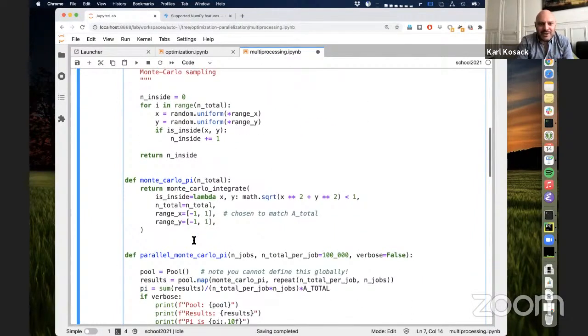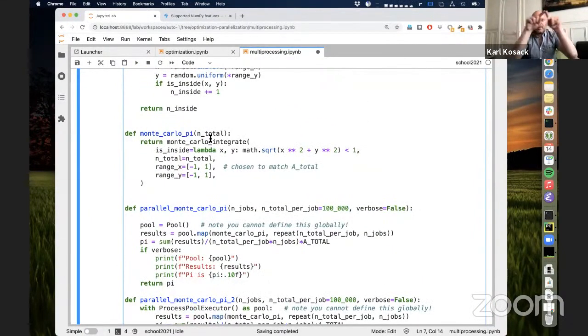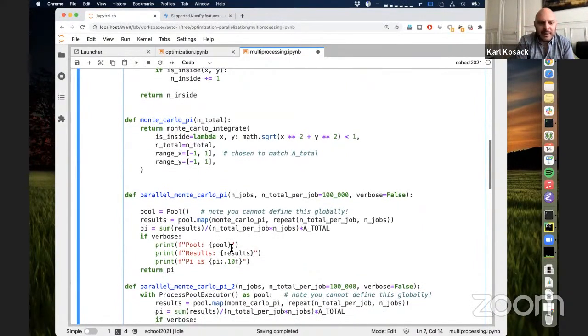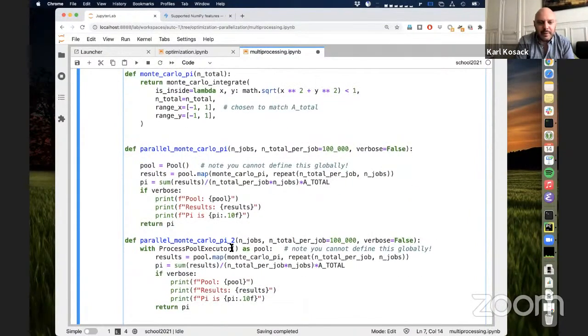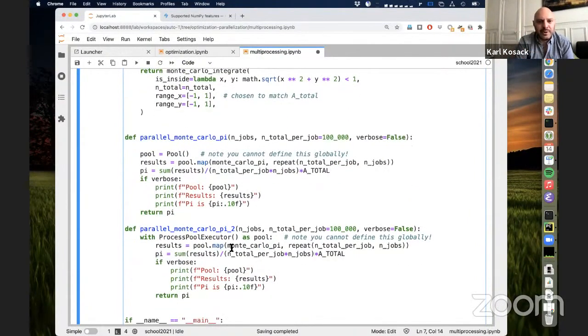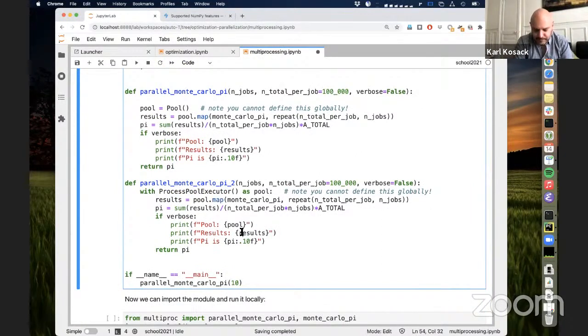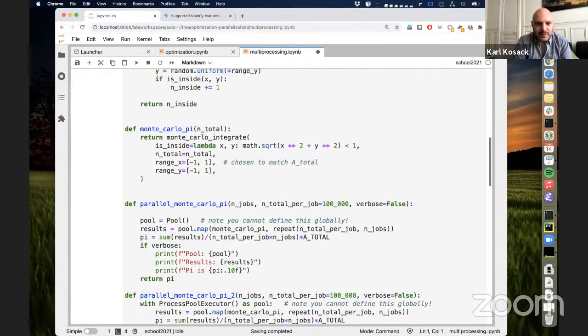This is just a function that calculates pi by throwing darts over a square area and then computing which ones fall within a radius of 1 from the center of that square. It computes the area of a circle inside a square, and you divide the number of hits inside the circle by the number of hits total, and you get pi. So I've done this in two ways here.